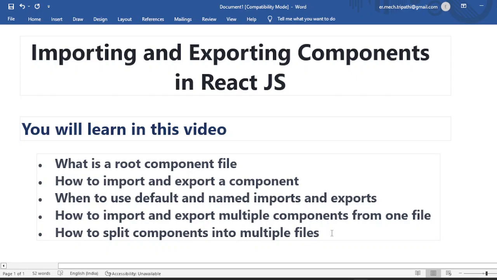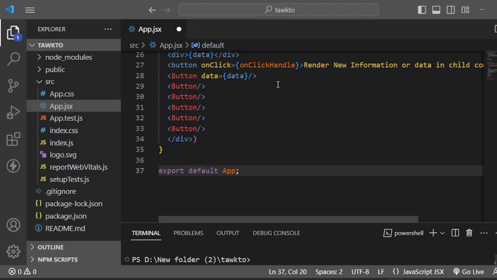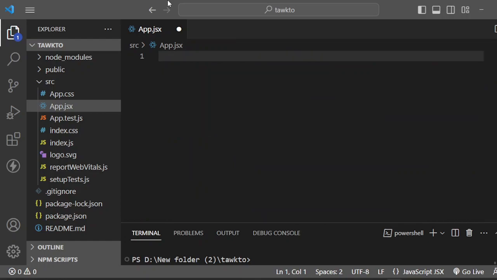I hope you will enjoy this video. So let's start the topic. First is, what is the root component file? In this file and folder structure, that is my previous code. So I have refreshed it, then